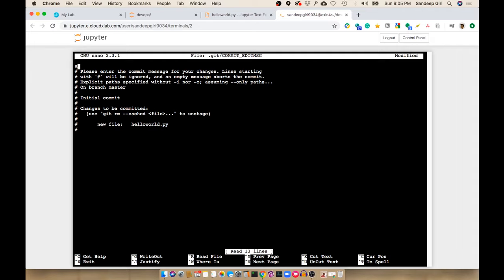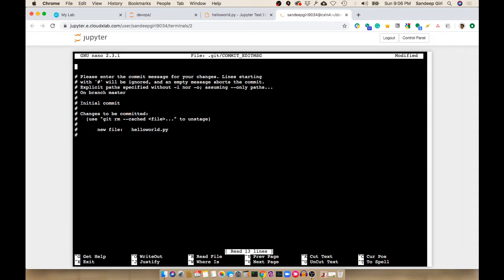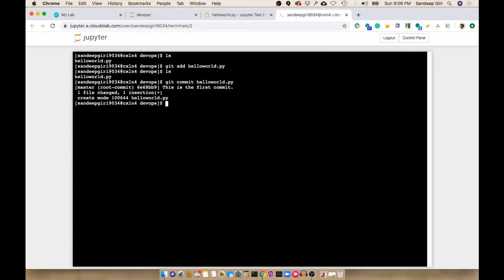And here I'm going to write the comment saying this is the first commit. This is my message, so that when I'm going through the backup of my code or the logs of my code, I can see that this is what I had done. So when I say git log, I'll be able to see what all changes have gone, right? Every change is given a name called a commit ID,